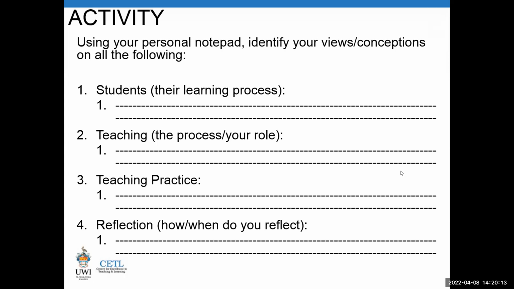I see myself as someone who, of course, will offload material on them, but at the same time, the way in which I do it should be enjoyable to them, so that they're actually enjoying the process, and it's not that they're just writing down notes and wondering when they're going to use it. It's something they enjoy as we go along, and they don't realize how much they're actually learning, but in the end, it will come together.